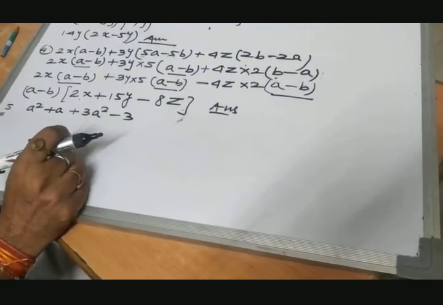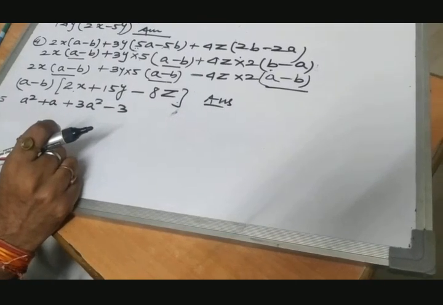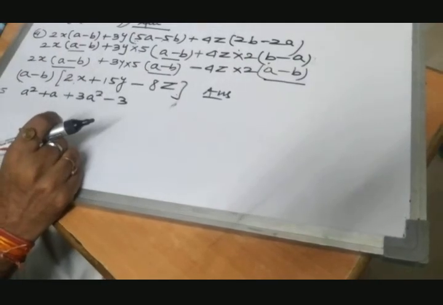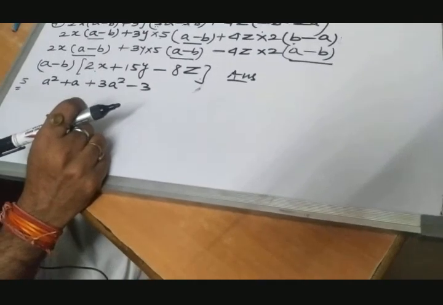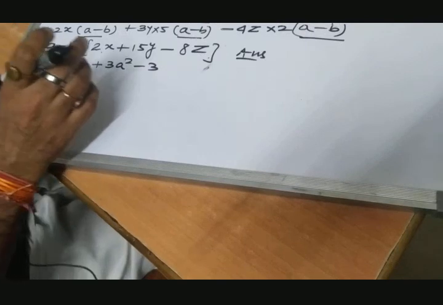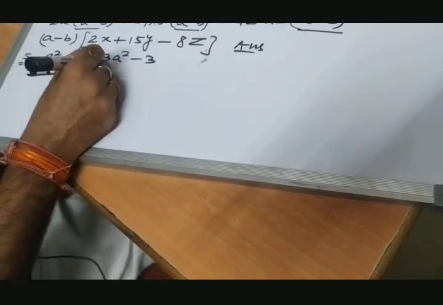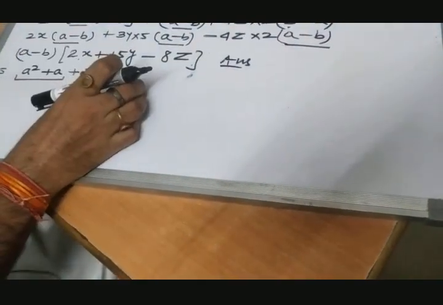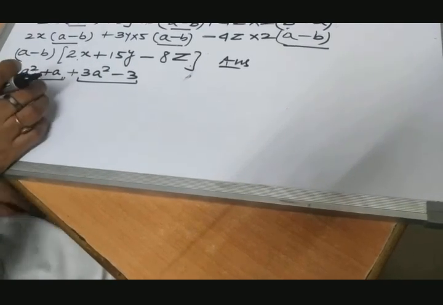When a question comes with an even number of terms, like 4 terms or 6 terms, it is divided into groups. इस टाइप के क्वेश्चंस को हम ग्रुप में डिवाइड कर लेते हैं. इसे कहते हैं हम फैक्टराइजेशन बाय ग्रुपिंग मेथड. It contains 4 terms, so this question is divided into 2 groups. The first group contains the first 2 terms, the second group contains the second 2 terms. ये क्वेश्चन आपका सेपरेट हो गया और ये क्वेश्चन आपका सेपरेट हो गया. So first of all we have to solve only the first group.